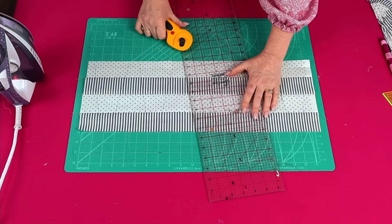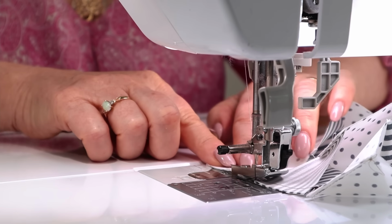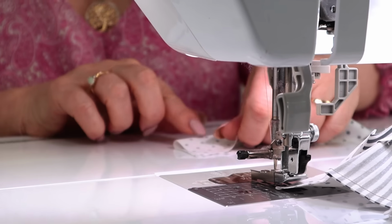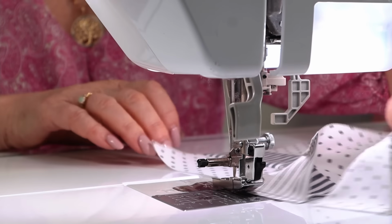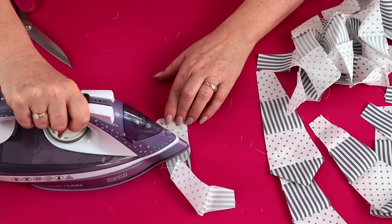So as many strips together as you need to get 20 wedge-shaped pieces. Now let's get to the pointy end of this video. To sew the points, fold each wedge in half with the right sides facing, and we're going to sew with a 1/4 inch seam across the top wide edge. Before you turn your wedge through with it folded in half, press down just a little bit to make a